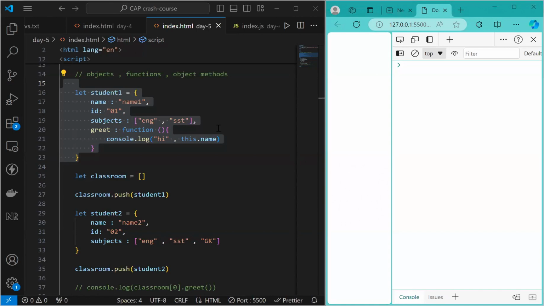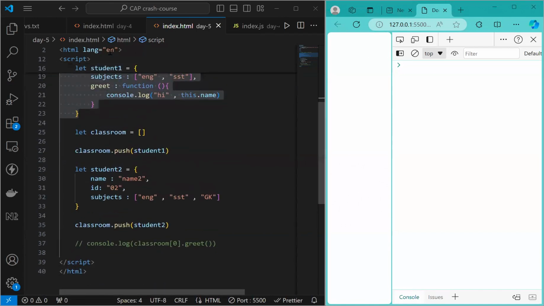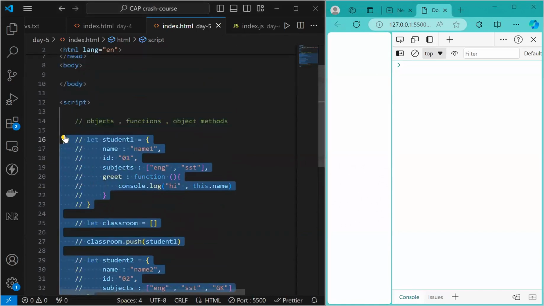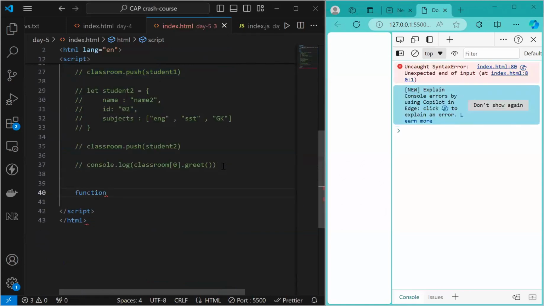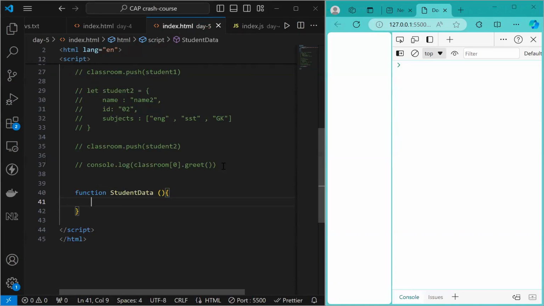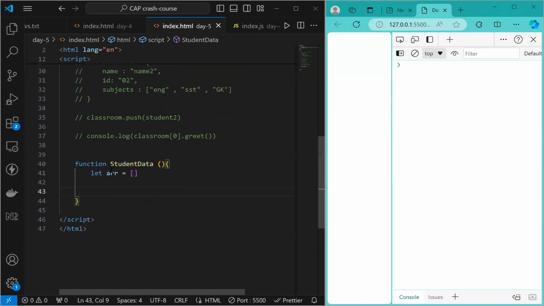Okay. So let's try to make this thing reusable. Let's see how we can maybe do it, right? So first thing first, I'll be defining a function, right? And let's call it student data or something, right? And in this function, I'm gonna have an array, right? So let array equals to an empty array. And outside of this,